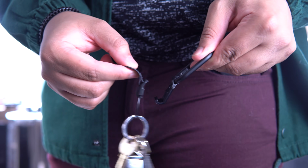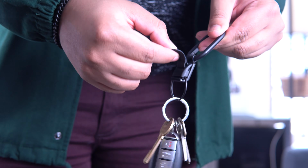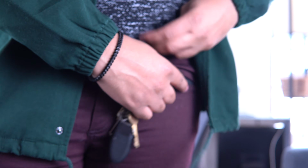Or if you need to carry your car keys, it's really nice to have a key organizer or a key holder. So there are tons of different key holders, and you can literally just get any old carabiner on Amazon or at your Home Depot or Lowe's or something like that, and that'll totally work. However, if you want something a little bit more high quality, something that feels nicer to use,